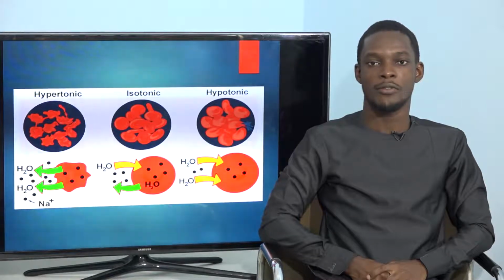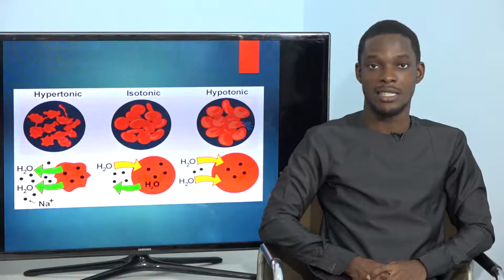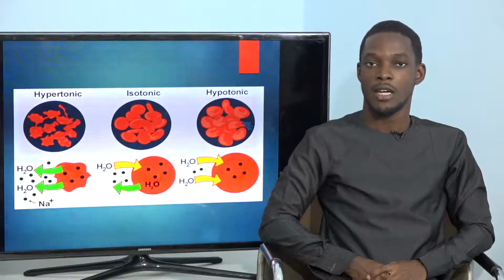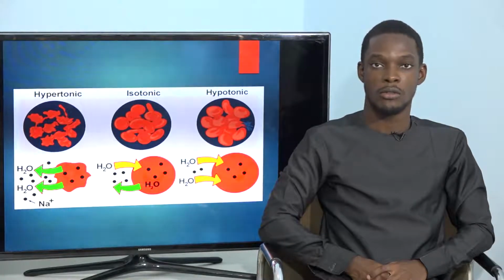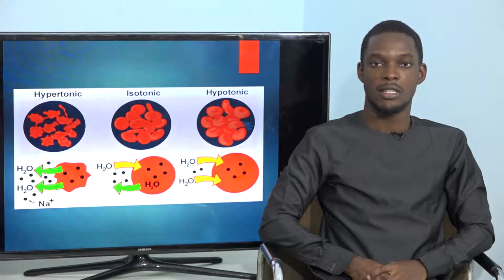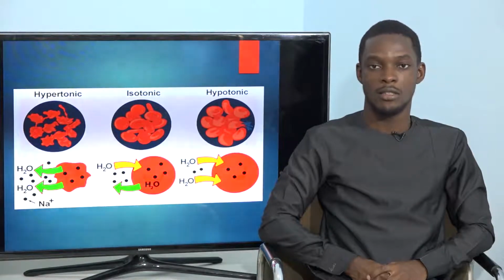When the amount of electrolyte within a cell is balanced, what you would see is that there will be no true movement of electrolytes from the cell or out of the cell. Neither will there be any true movement of water from the cell out of the cell. And so there is balance, complete balance. And when the cell electrolytes are hypotonic, what you see is that electrolytes will move from the outer environment into the cell to achieve